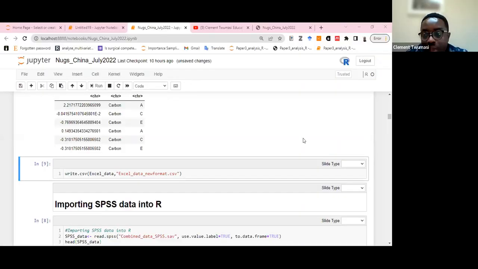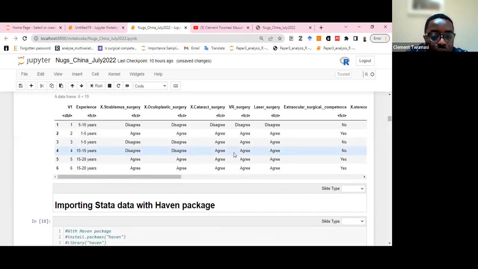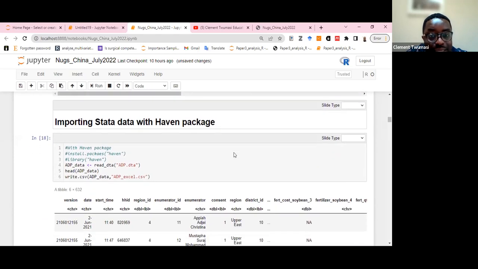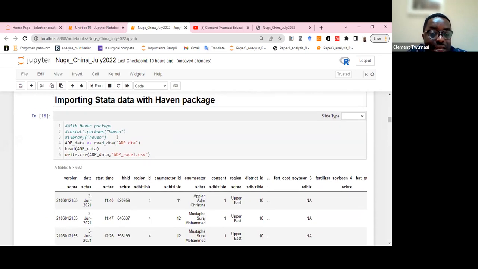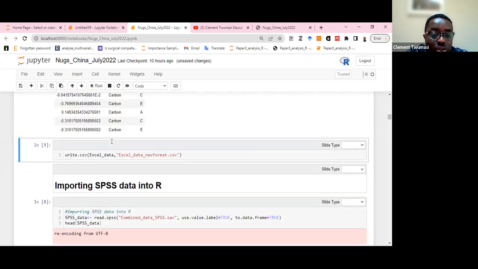So now let's say, let me calm down. Okay, so now let's say you want to import a Stata data. So for Stata we have read_dta. Mostly the extension for Stata is .dta. So it means you can also